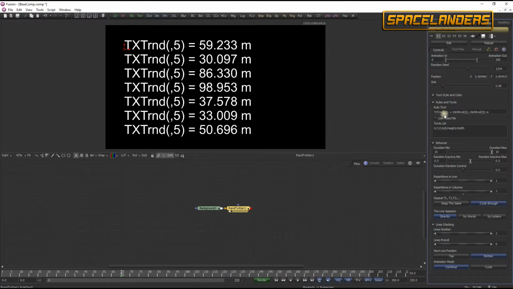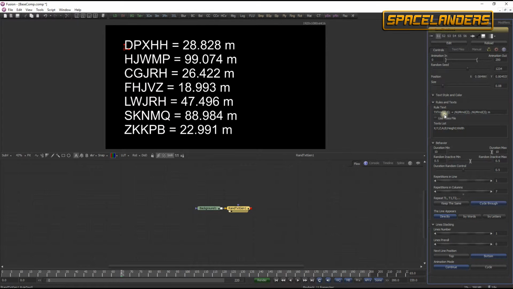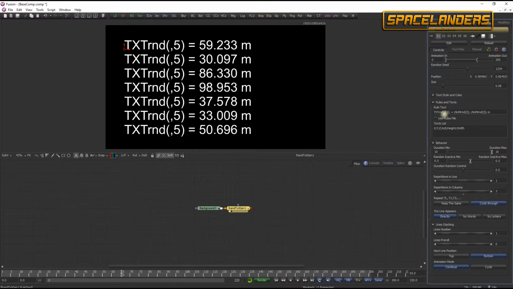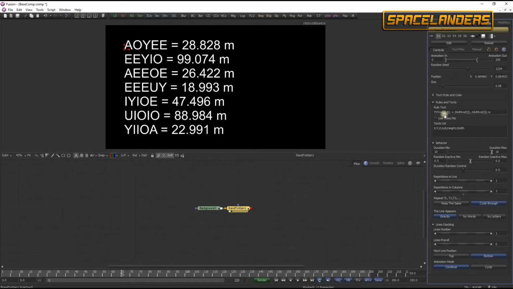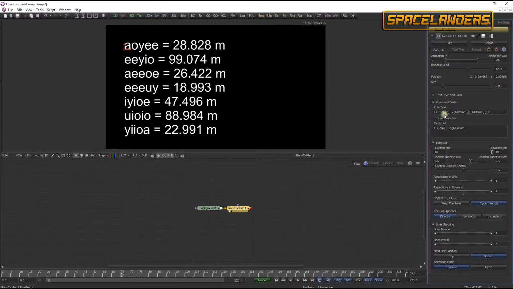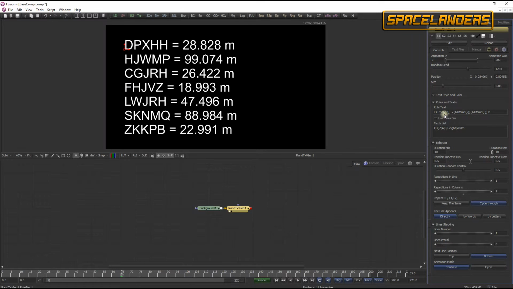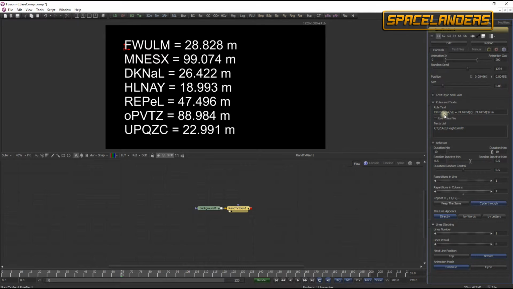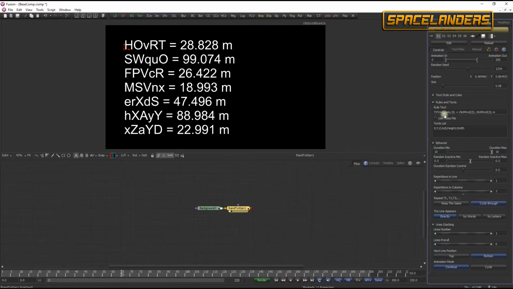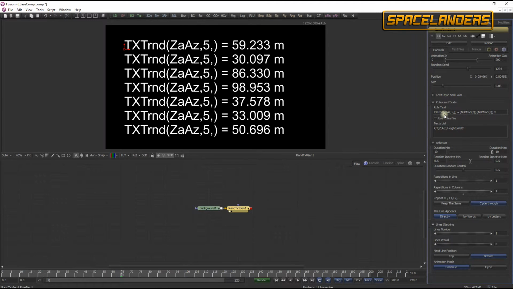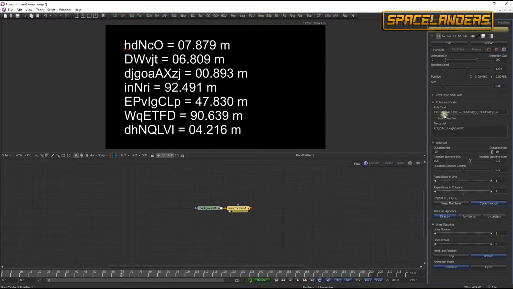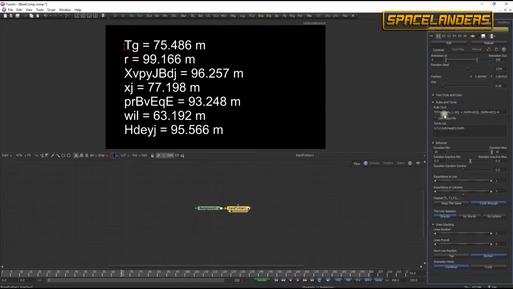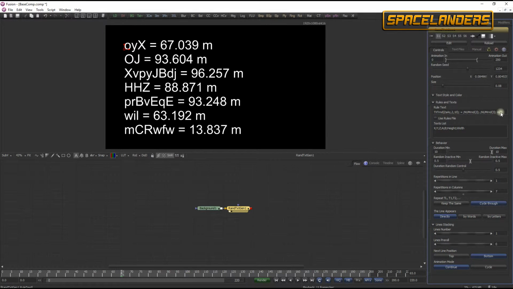So here, before the 5, I can type I want to have uppercase consonant, lowercase consonant, uppercase vowels, and lowercase vowels. I can mix. I want to have uppercase consonant and lowercase vowels, maybe, or uppercase vowels too. So I can put all of this in the argument, and I can ask the tool to generate some random length words, like there, if I put 2, and if I remove my generated numbers there,